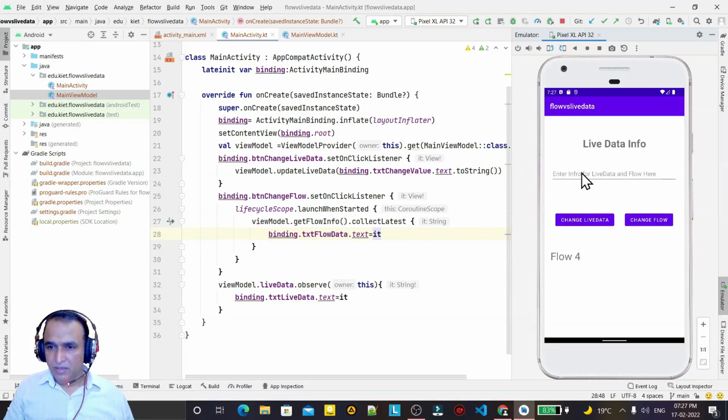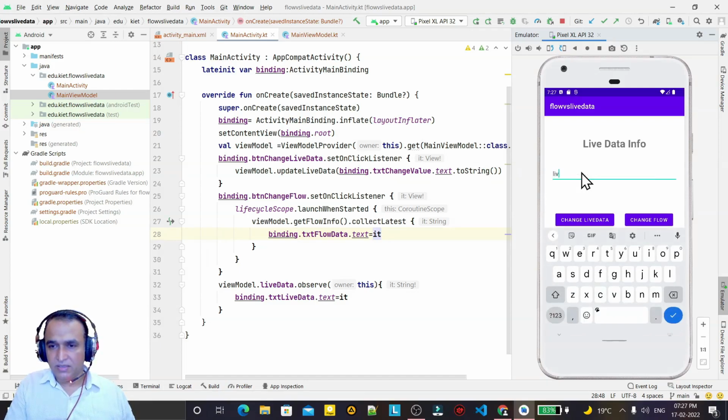And if I update some information here, I say live data update like this, and I click on this.